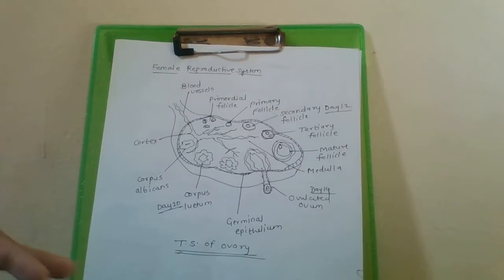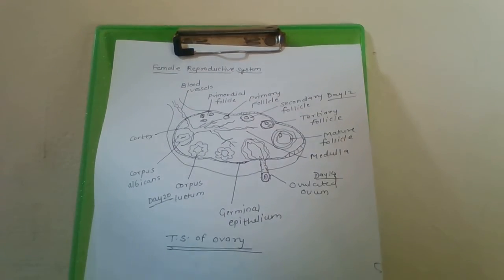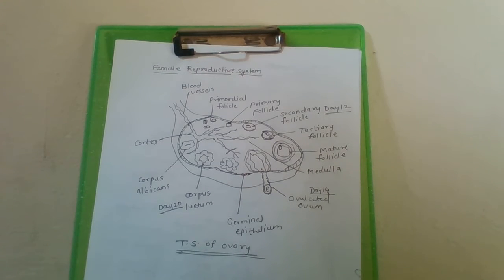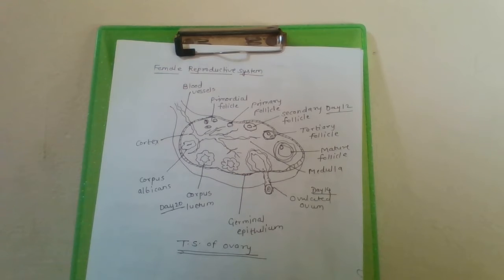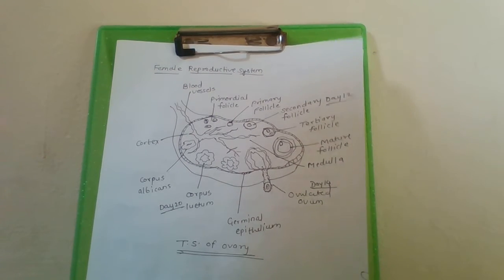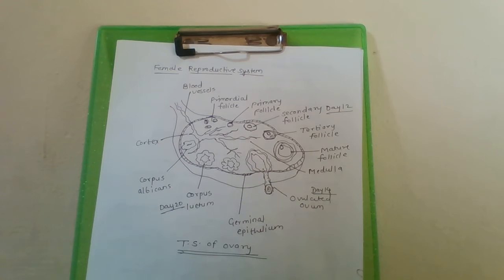It is a solid, oval, almond shaped organ. Now its size is 3 cm in length, 1.5 cm in breadth and 1 cm thick. So first you have to write function. Function is production of egg or ovum and female reproductive hormones. Then its size. Then its location, where it is situated. So it is located in the upper lateral part of the pelvis